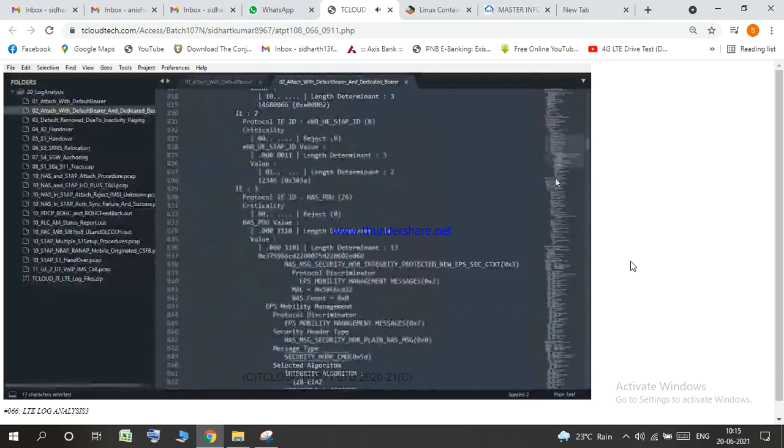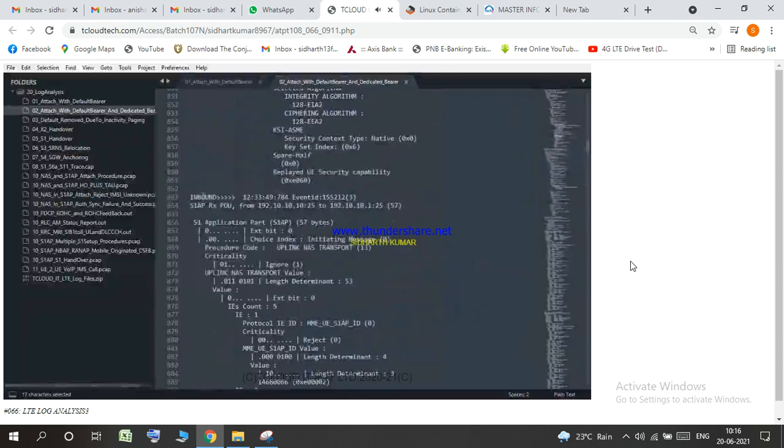Of course, the third IE is going to be this NAS PDU itself. Other than the UE IDs, it is a security mode command. And then once we send it, we are going to receive an inbound uplink NAS transport, which contains, as